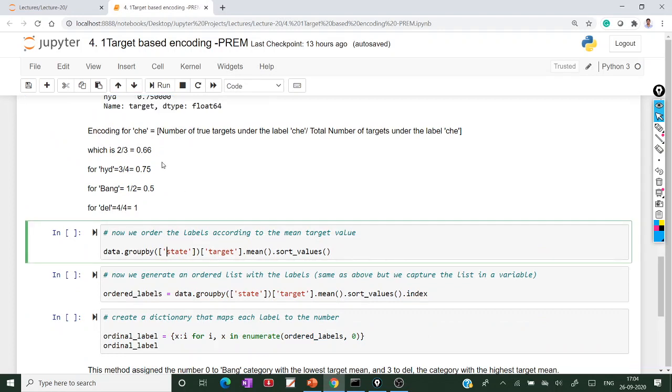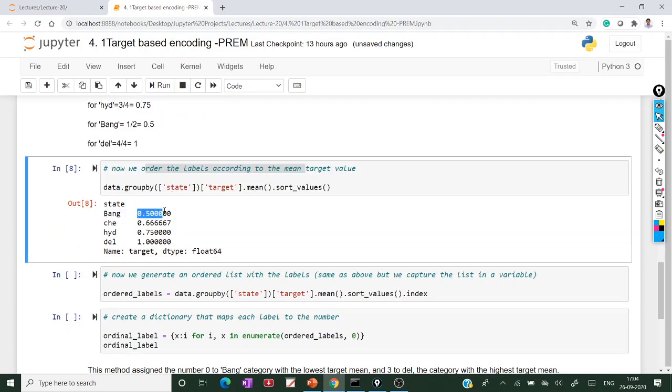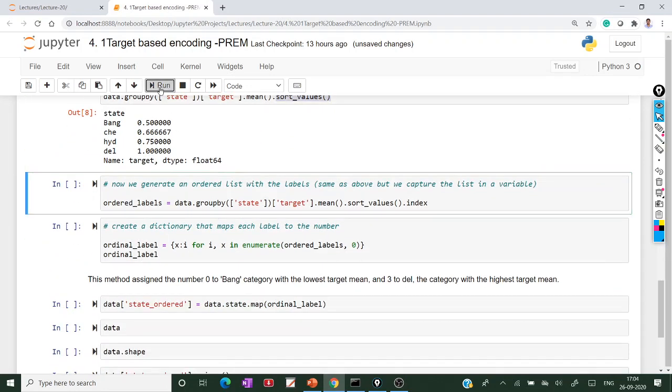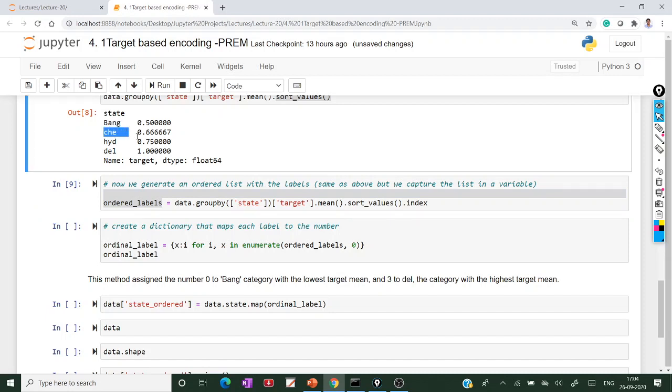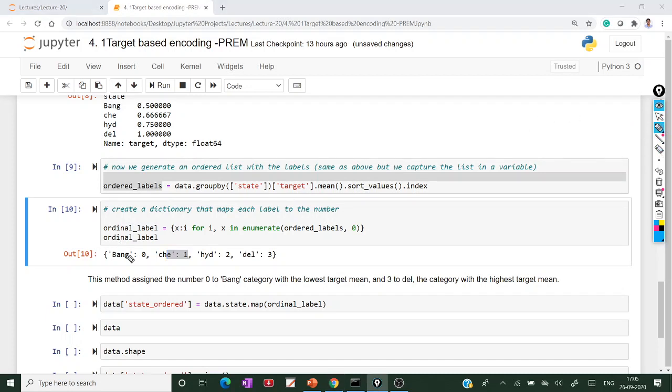So what I am doing here is ordering the labels according to the mean. According to the mean value, you can put them in order, so 0.5, 0.6 are put in sorted order. Next, you can generate the labels. So how can you assign the labels? Bangalore belongs to 0, Chennai belongs to 1, Hyderabad belongs to 2. Bangalore is assigned 0 because this is the smallest value.